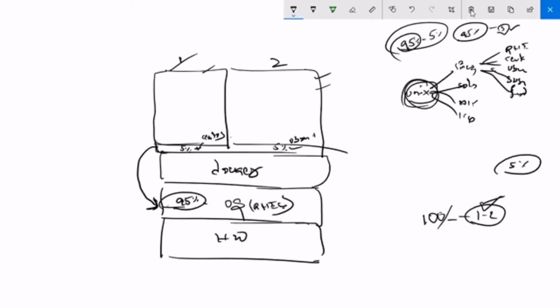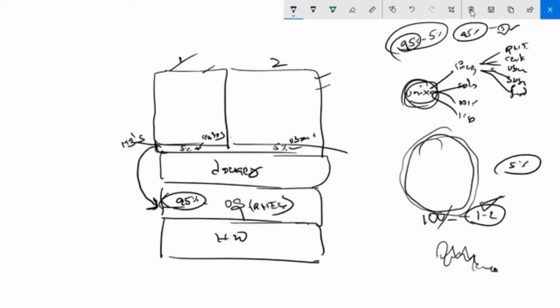You understood, guys? Okay. So what is the shape of Earth? You say it's a circle. No. How is it circular? We have so many mountains and valleys, right? But if you take the big figure, these are negligible, right? Same thing here. That's why we say the OS is negligible, because most of the OS it takes from the base OS. Since it is dependent upon the base OS, you can get any number of containers. This small OS will be in MBs only, 40 MB, 50 MB. If you take a complete OS in VMware, that's 4 GB.